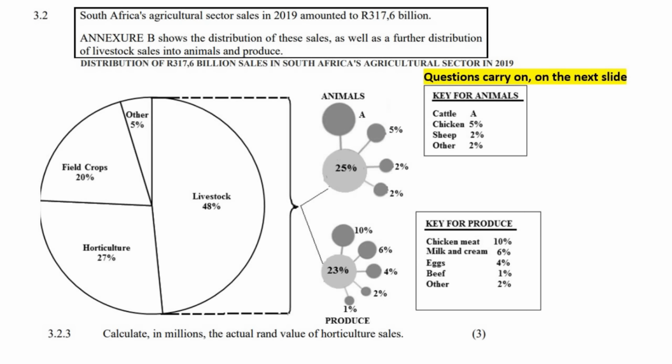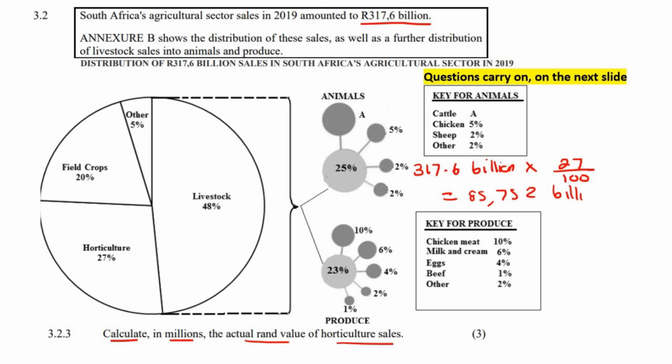So this question says, calculate in millions the actual rand value of horticulture sales. So we know that horticulture is 27%. 27% of what? This amount over here. So we could say 317.6 billion multiplied by 27%. So you could say multiply by 27 over 100. And if you work that out, so you can just say 317.6 on your calculator times 27 over 100. And that's going to give you